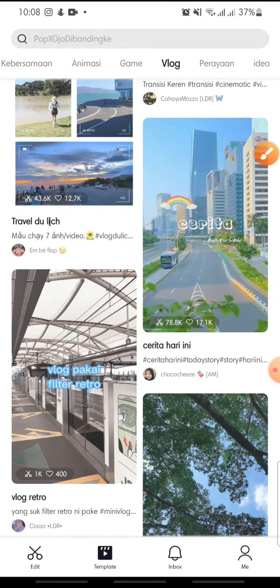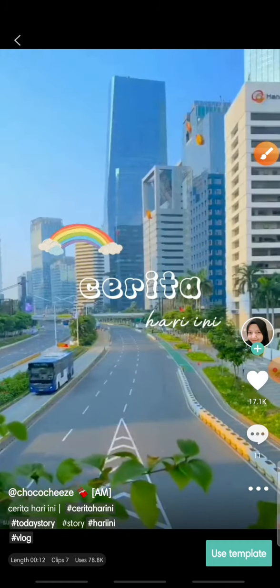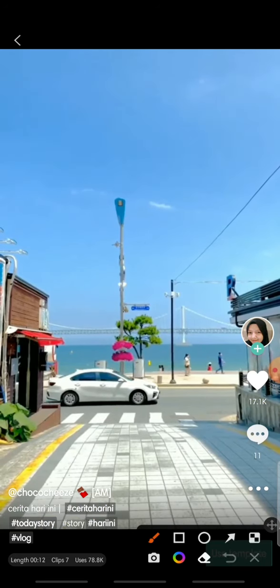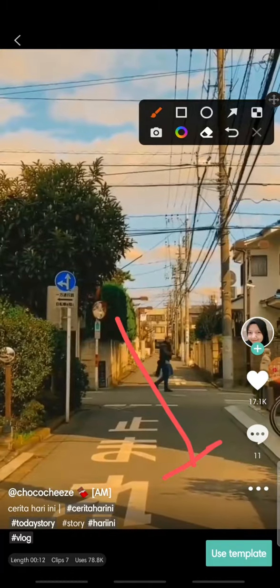You can choose the template that you want, but in here I want to try to add this one, so you just click on it, and after this, in here you just click on the use template at the bottom, this one,